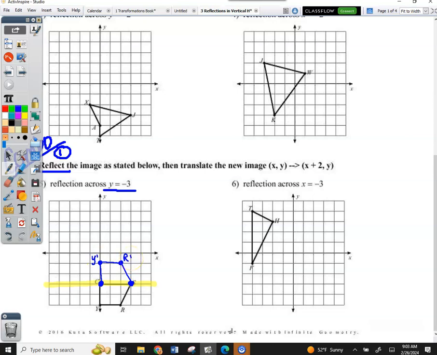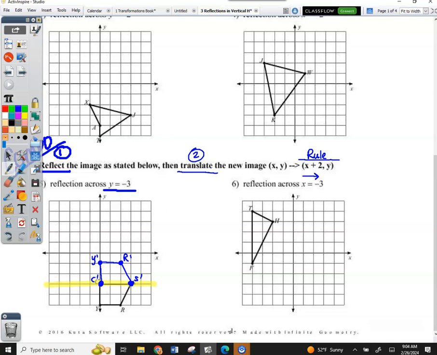And now I've got my graph. What is this letter? S. S prime. And now, after you reflect, it's a domino problem. You're going to take your new shape and you're going to translate. What is the rule? What direction am I going? I'm going right 2 and then I'm staying put. So I'm going to take this and I'm going to go right 2,